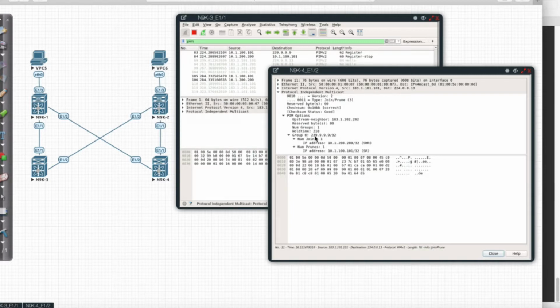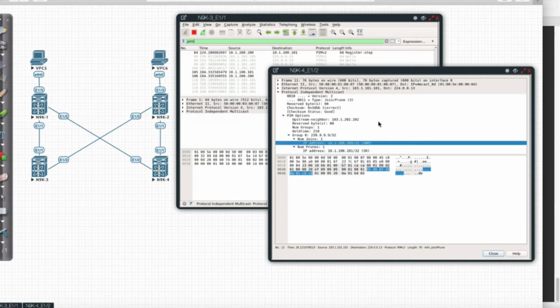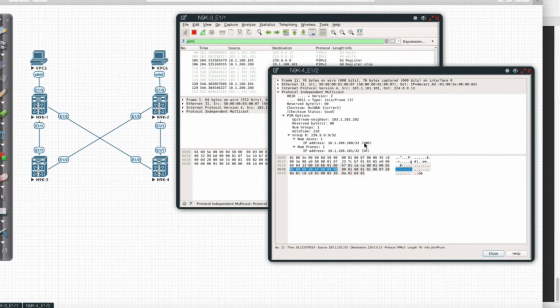The group that we're joining is 239.9.9.9, and it is destined to the 10.1.200.200/32. And we can see our bit configurations here. The S stands for sparse mode. The W stands for wildcard. And we see in the configuration R stands for rendezvous point.